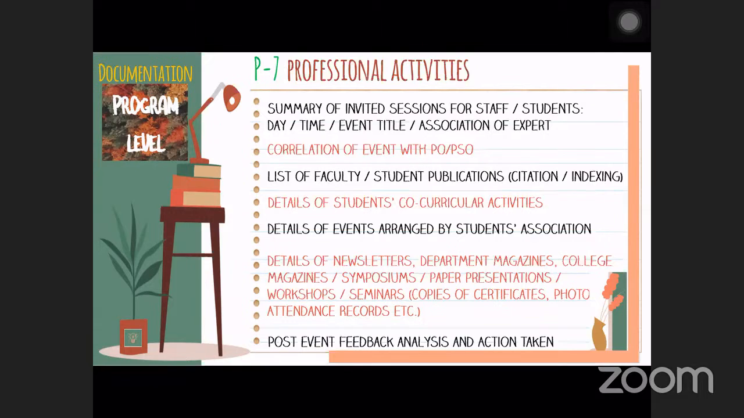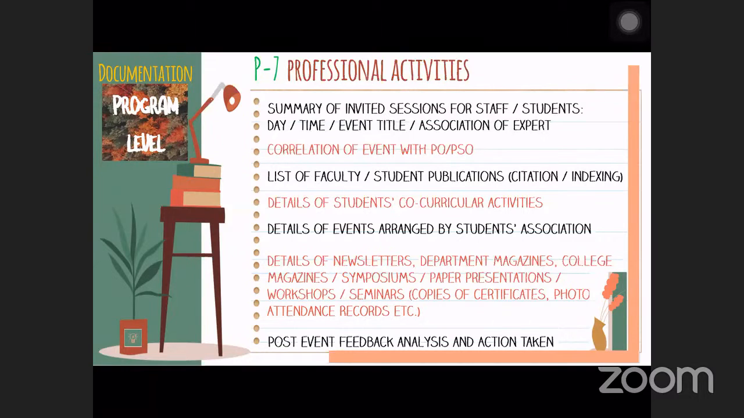All the members who were involved in arranging that particular event should sit together. They should discuss what went wrong. Sometimes things go wrong. Nothing wrong if things go wrong, but